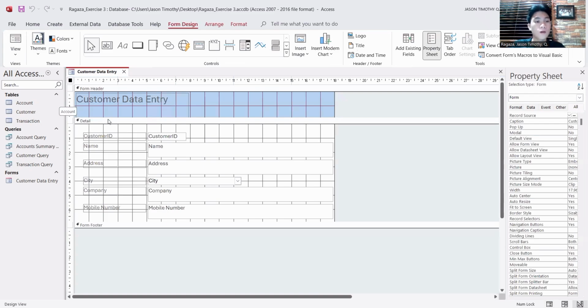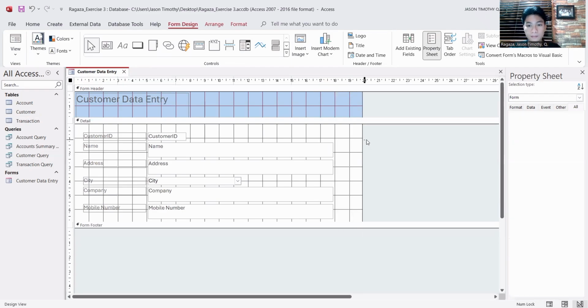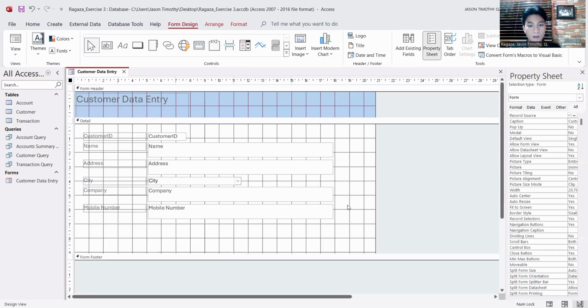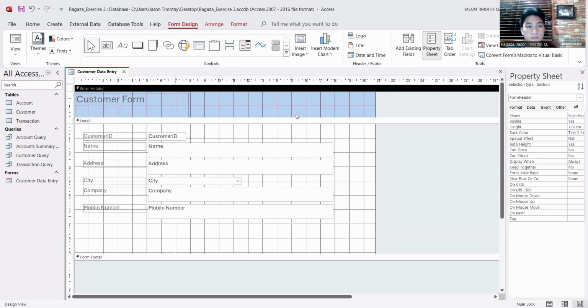Here we can see the form in graphical form so that we can customize the entire form itself. First, we are going to expand its area.